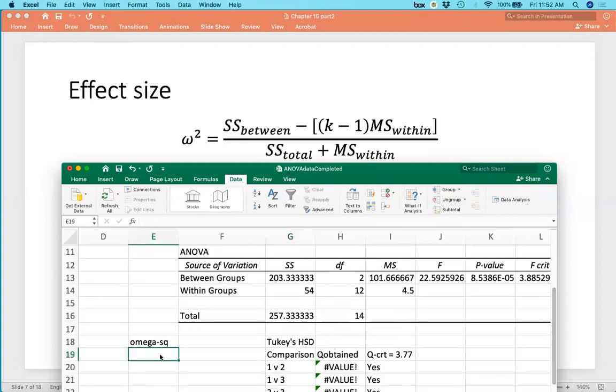So where it says omega squared, I'm going to form the numerator. So sum of squares between, 203.33, minus, and now I want to protect this with parentheses. So parentheses, I want to do k minus 1, which I can type in, or I can recognize that that is actually the degrees of freedom between groups, so 2. And then I want to multiply that by the mean squares within, which I find right here. And now I want a parenthesis there, and another parenthesis to protect the numerator. So that's the numerator. Then we press the slash for divide, and we form the denominator,